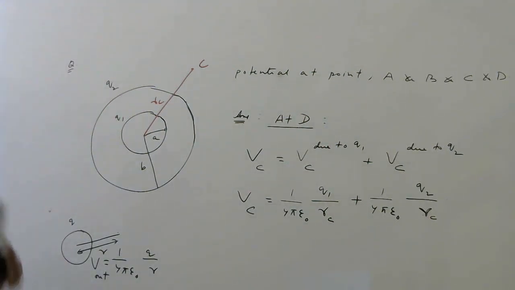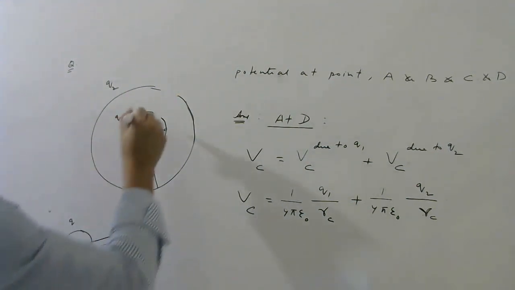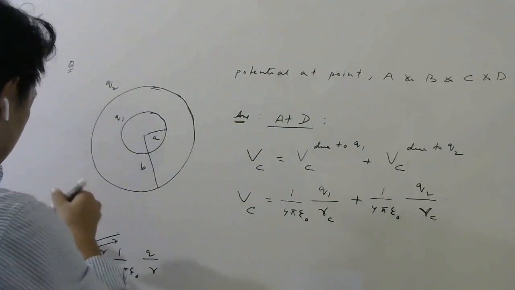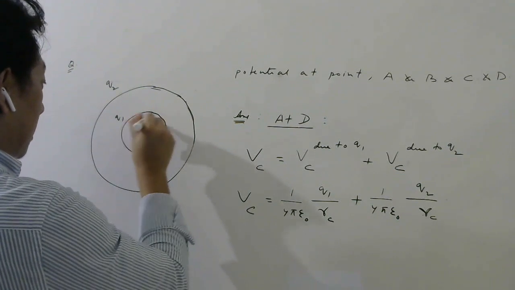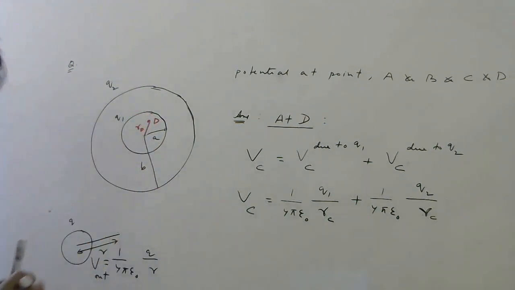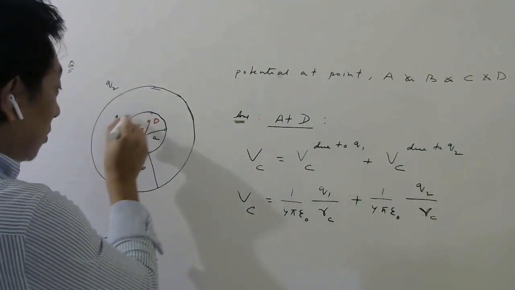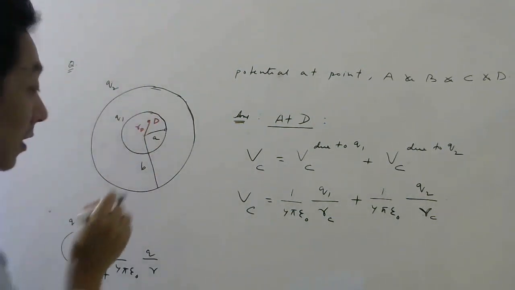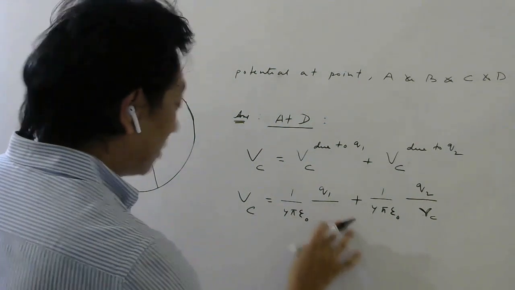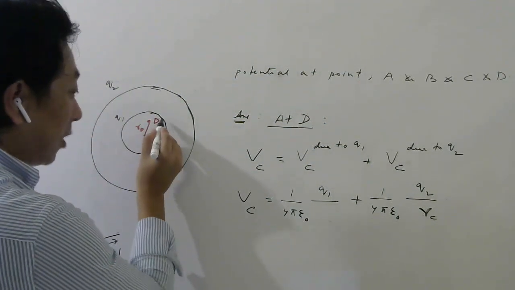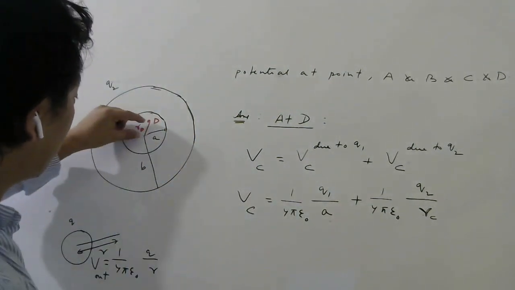Okay, so point D, let me say, is inside here. So let's say point D is somewhere here at a distance RD. Now tell me, try the solution yourself for this. Now look here, for this charge, where is this point? Inside. And inside the shell, potential will be same as on the surface. So same as on the surface means same as at this point, which will be how much? 1 by 4 pi epsilon naught q1 divided by A, remember. So don't write by mistake RD.